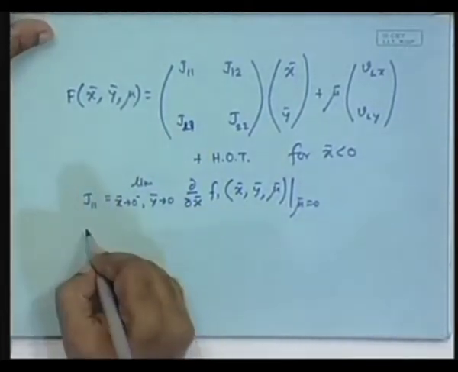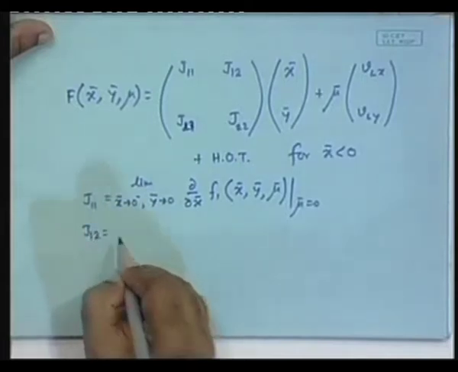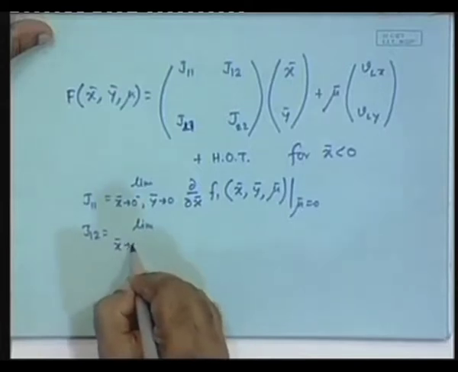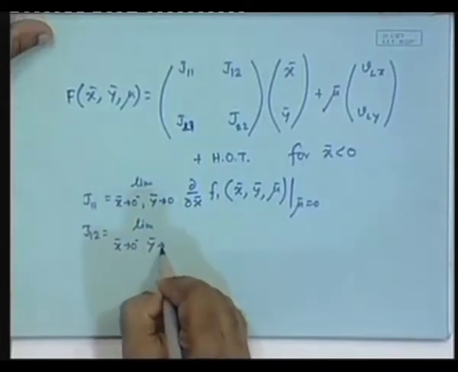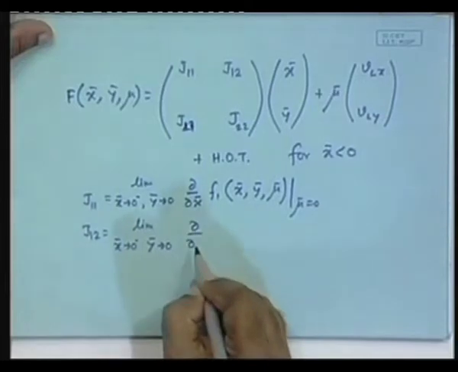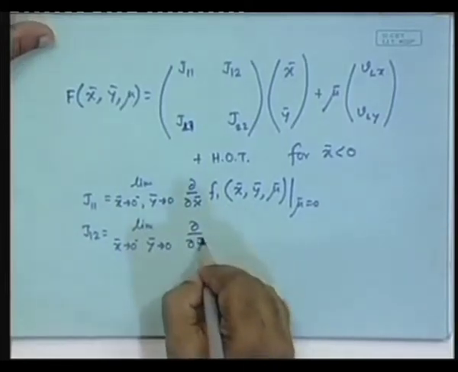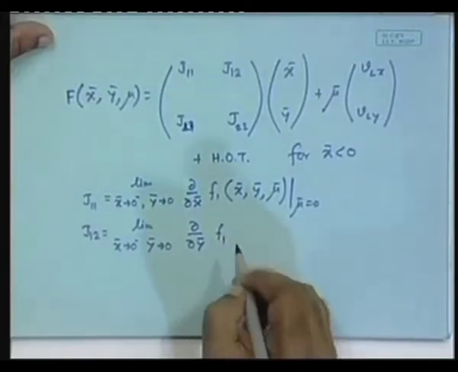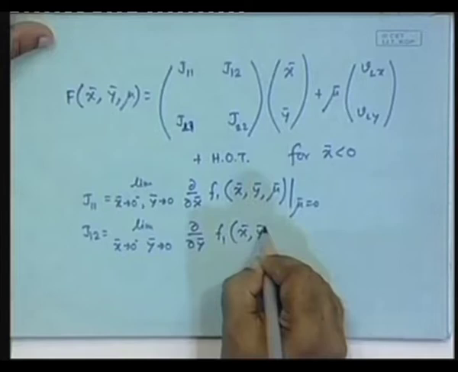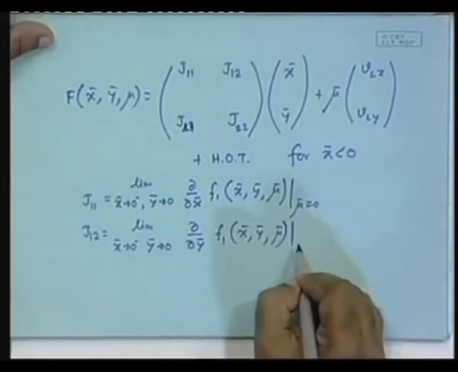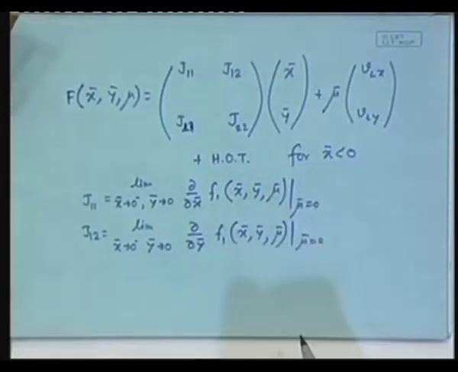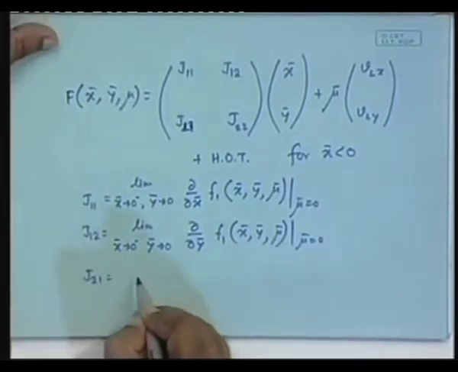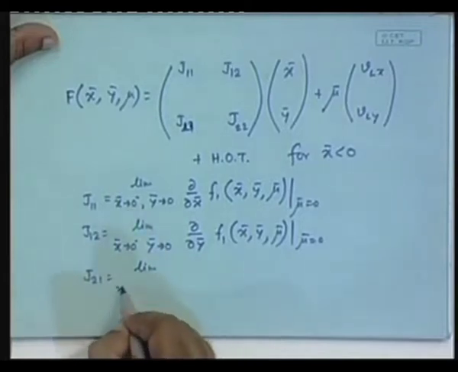Similarly, all these terms will have to be written. J12 is the limit x bar approaches 0 minus, y bar approaches 0, of the partial derivative with respect to y bar of f1 of x bar, y bar, mu bar. Similarly, J21 is equal to the limit x bar